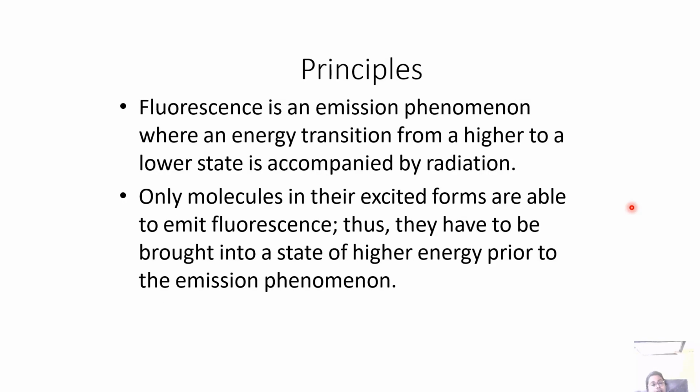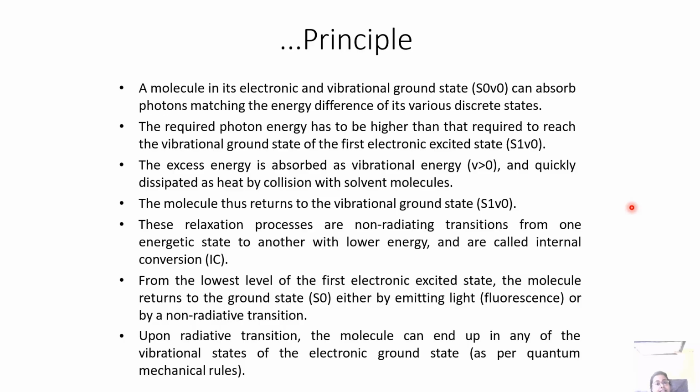Now principle wise, fluorescence is an emission phenomenon where an energy transition from a higher to a lower state is accompanied by radiation. Now only molecules in their excited forms are able to emit fluorescence. Thus they have to be brought into a state of higher energy prior to the emission phenomenon. Now, a molecule in its electronic and vibrational ground state can absorb photons matching the energy difference of its various discrete states. The required photon energy has to be higher than that required to reach the vibrational ground state of the